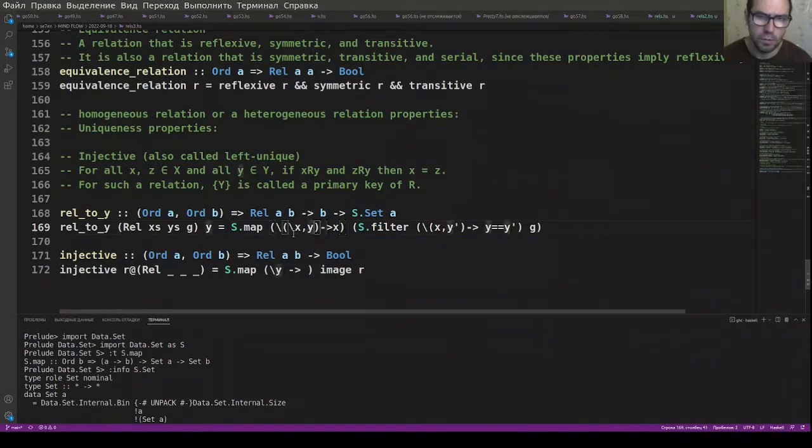Also, we're not interested in this y here, and also we're not interested in this x here. Okay, yes, I think this should work. This function will return to us related to y elements as a set, and now we can